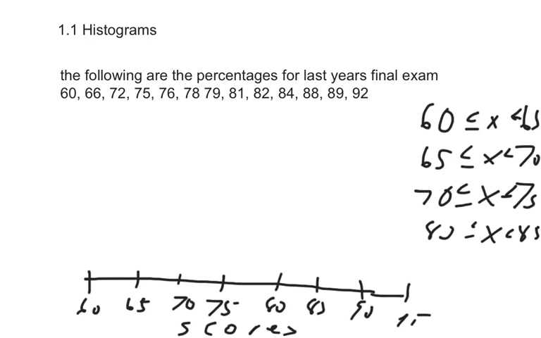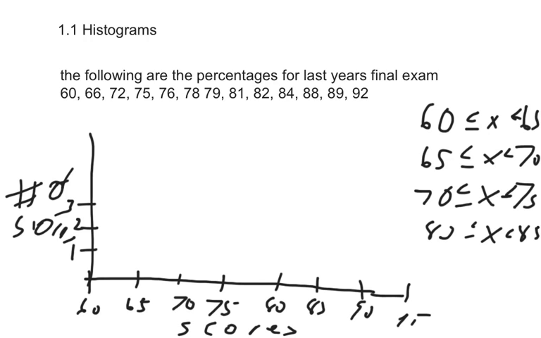Remember to always label your axes. Number of scores: 1, 2, 3, 4, 5. Alright, so in between 60 and 65 there is 1. In between 65 and 70 there is 1. In between 70 and 75 there is still just 1,